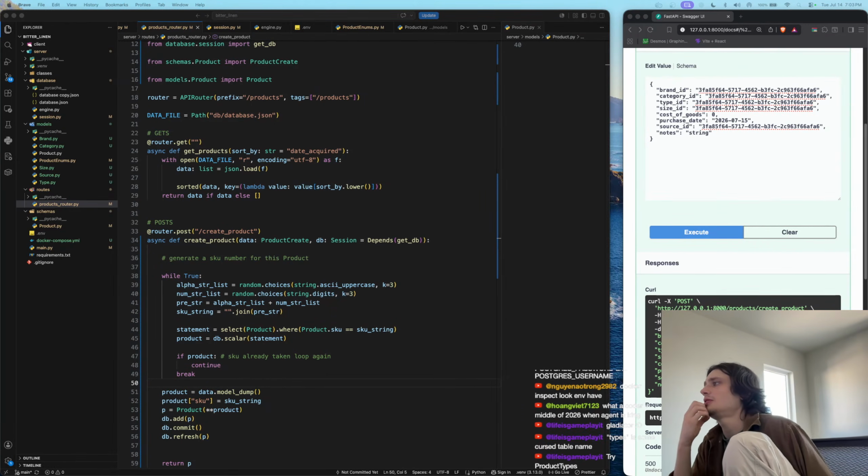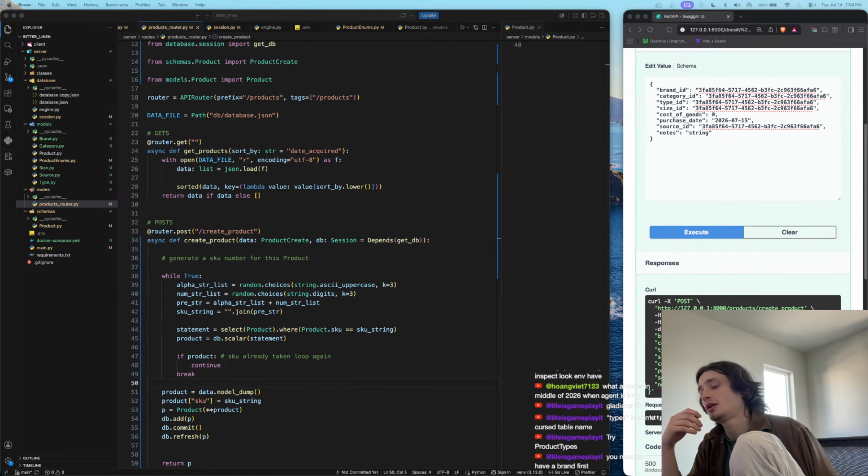Currently, when a user creates a product via our backend API, they have to provide the UUIDs of the associated foreign key tables. But that's kind of an issue, because the user, or me primarily, isn't going to be able to remember all those things. So I'd either have to have the front end contain those,